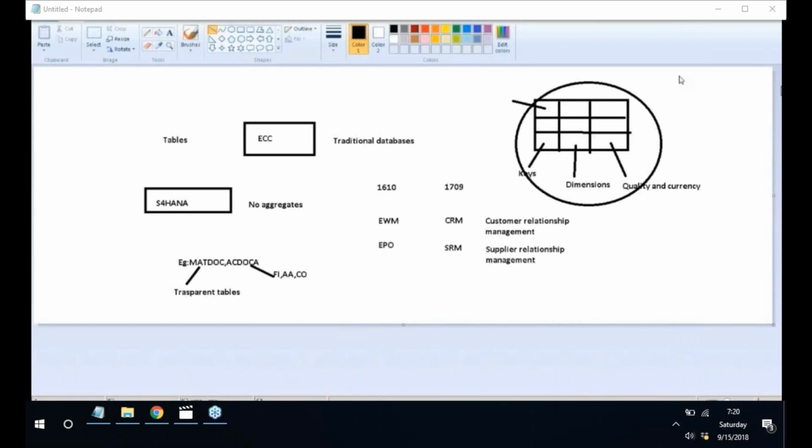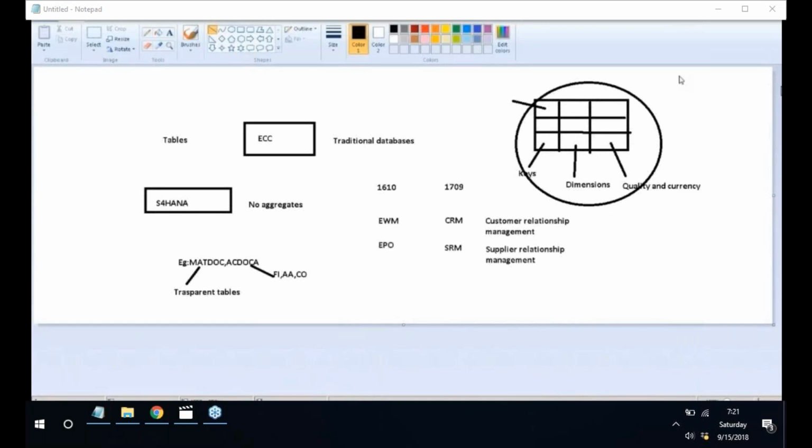As a part of Simple Finance, SAP provided applications regarding general ledger, financial accounting, controlling, asset accounting, and bank accounts. Now coming to logistics, we are going to mainly focus on material management, sales order processing,